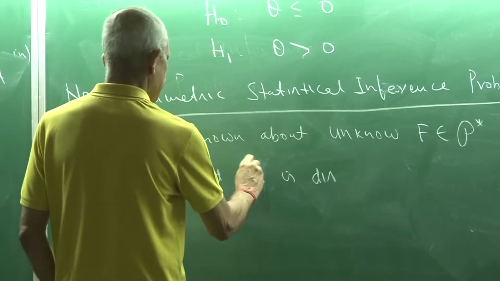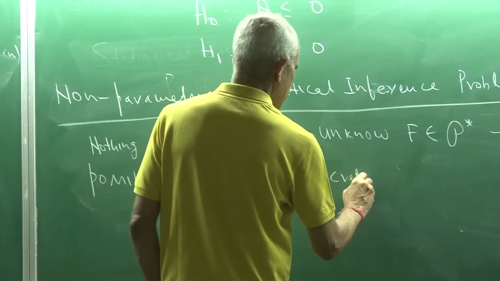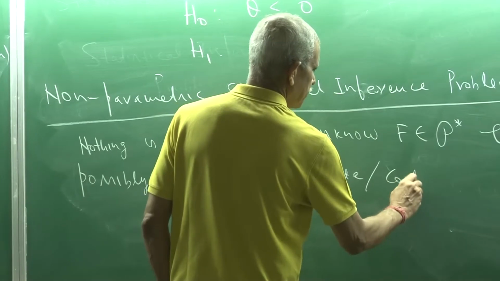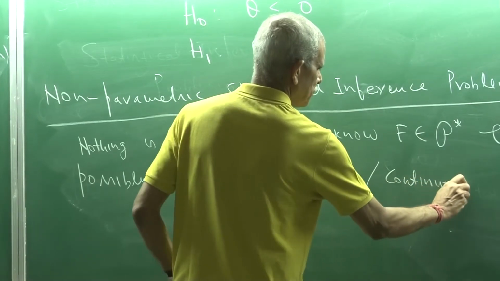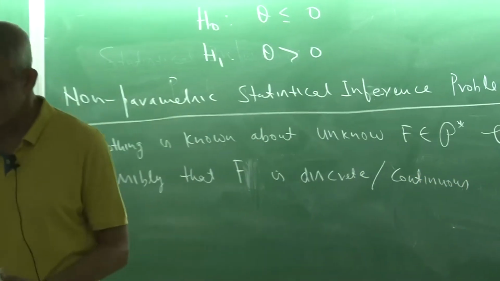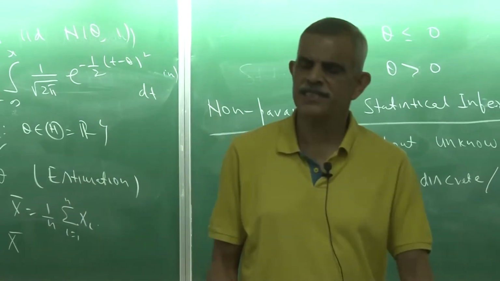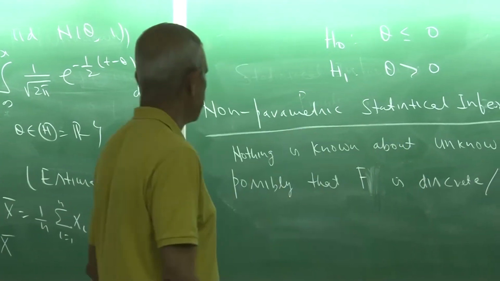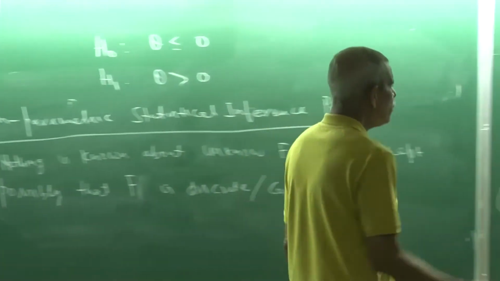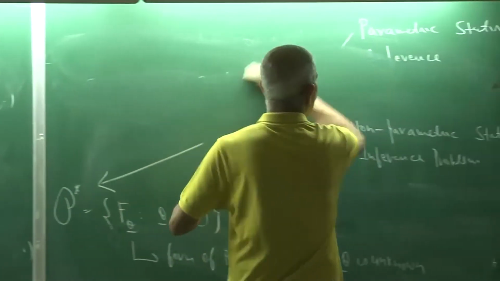Except possibly that f is discrete or continuous. So this is a broad description of the difference between parametric statistical problems and non-parametric statistical inference problems. So let us try to see what are the basic components of